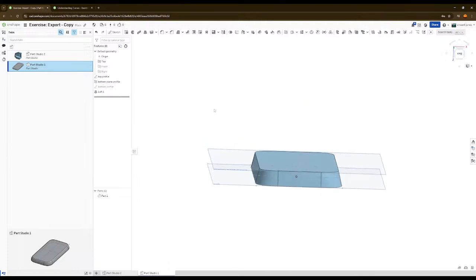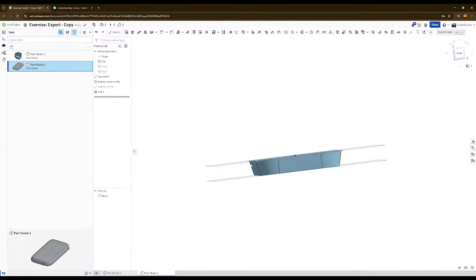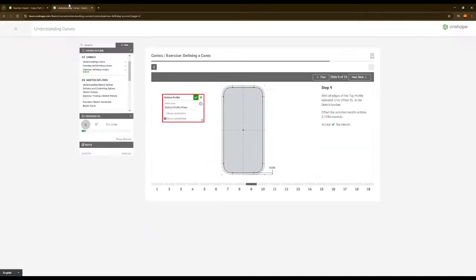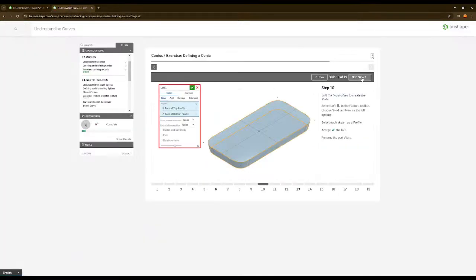Now it's right. We just made the top smaller, so yeah.